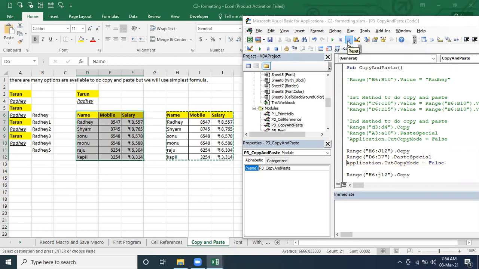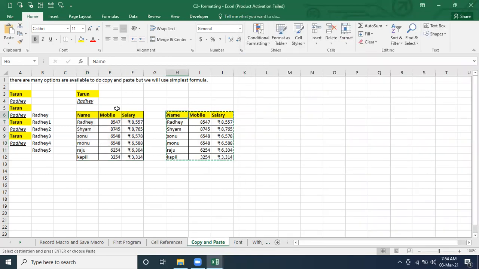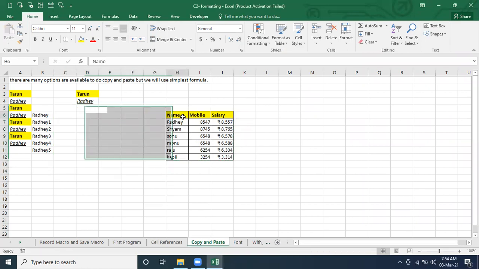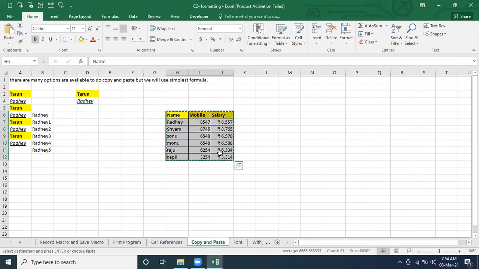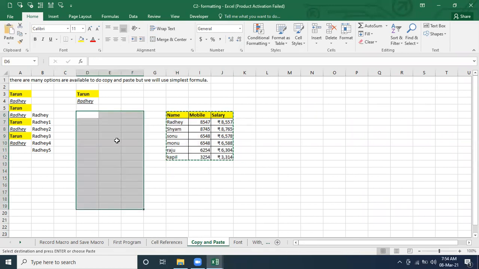Now, let's say I copied this one manually. First, you have to analyze it, and then think what is going to happen. Let's say I copied this one, and I am going to paste it to this range. So what is going to happen? Is it going to paste everywhere, or is it going to paste to that range, whatever range we have copied? What is it going to do?